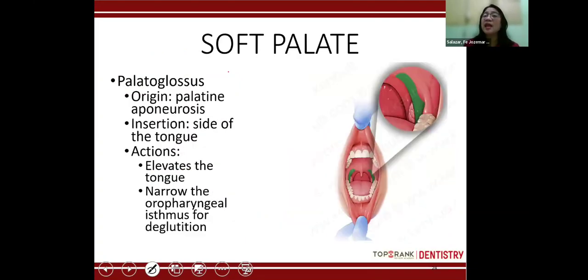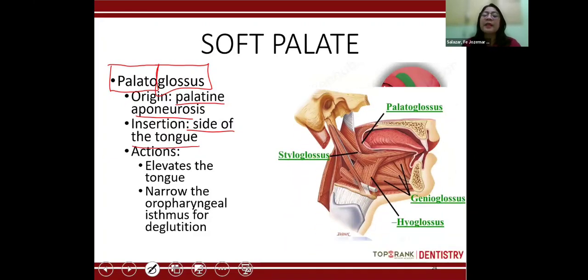And finally, a while ago again, we discussed your anterior pillar of the fauces or the palatoglossal fold. So the muscle underneath it is your palatoglossus. Again, the origin is the palate, the palatine aponeurosis, and the insertion is the tongue, side of the tongue. The palatoglossus muscle, once we discuss the tongue, makikita nyo ulit to. It's the same muscle. Hindi magkaibang muscle yon. It's the same muscle, so the muscle is being shared by your soft palate and your tongue.